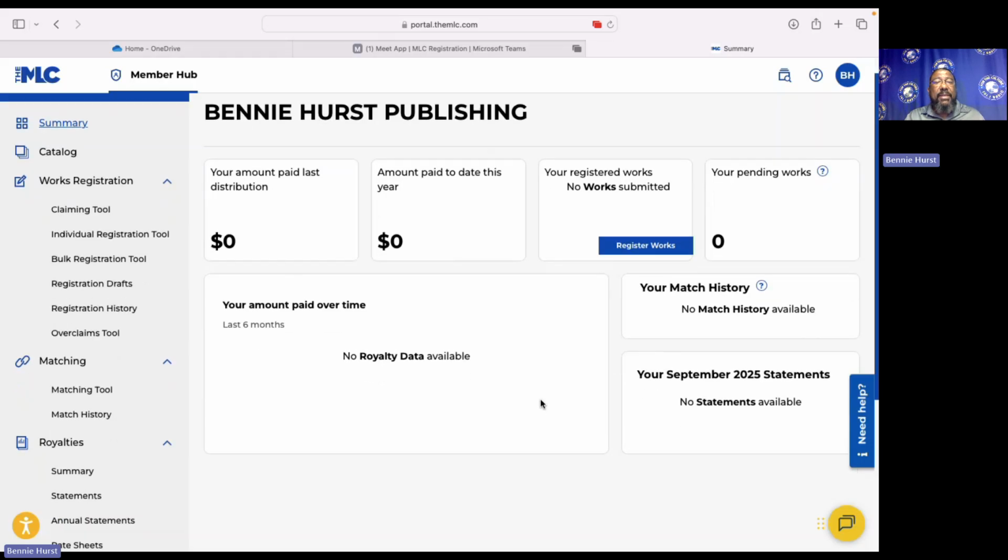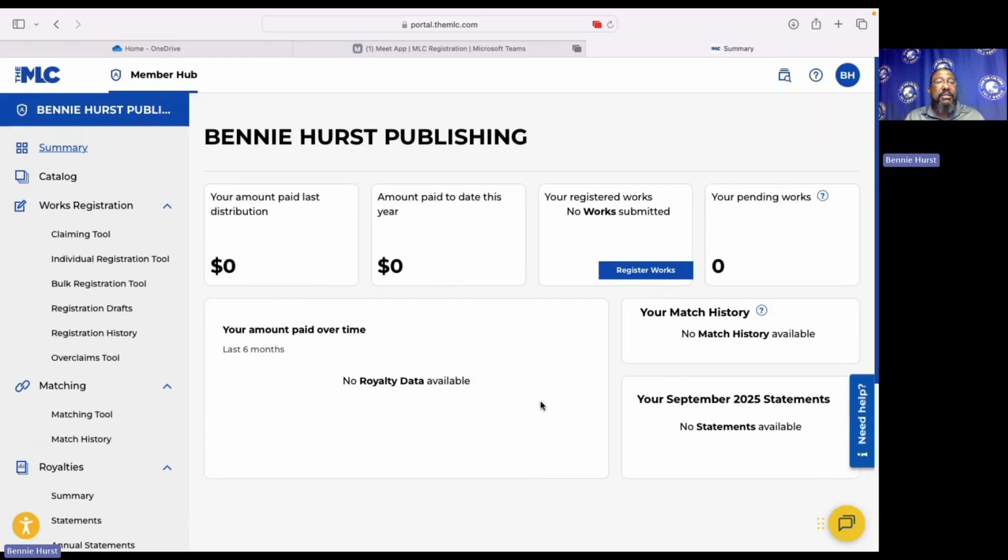So as you can see, I am in there, and this is my publishing account that I just created for MLC. I actually have admin that collects my publishing. However, this is mechanical. So